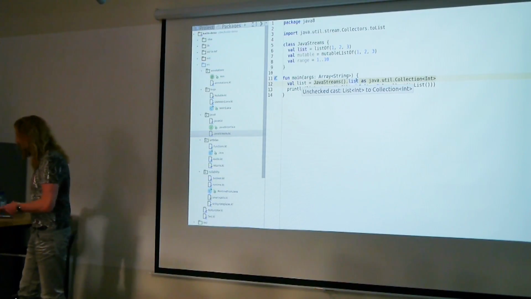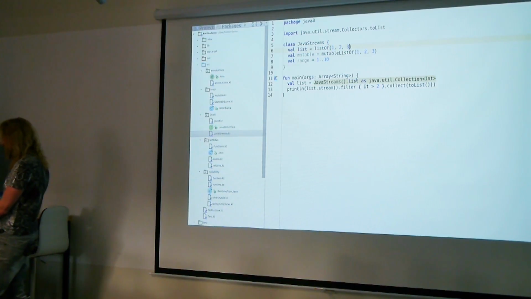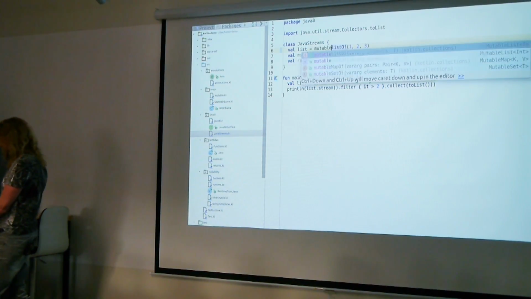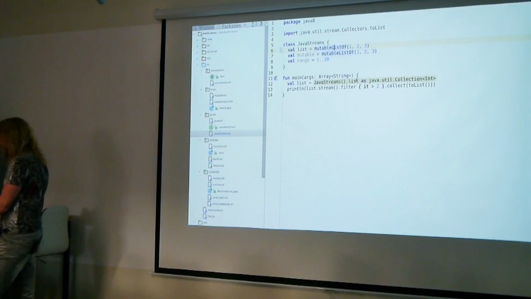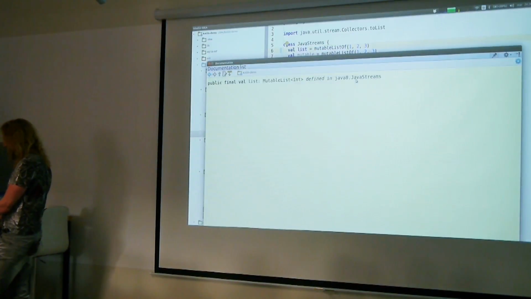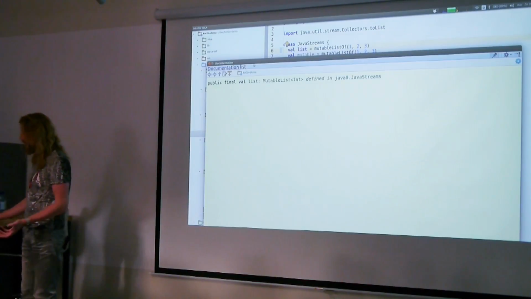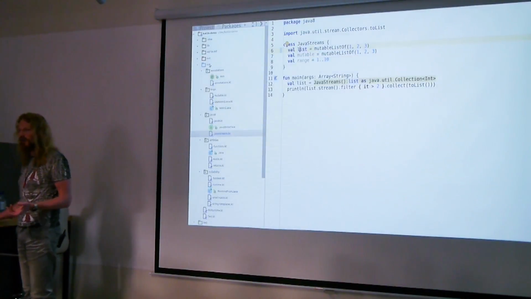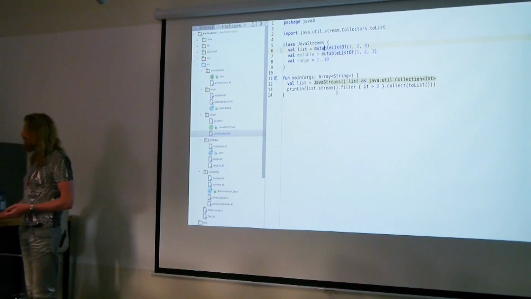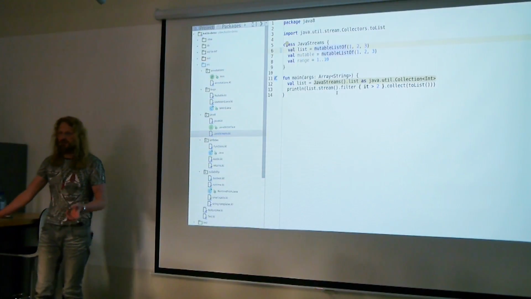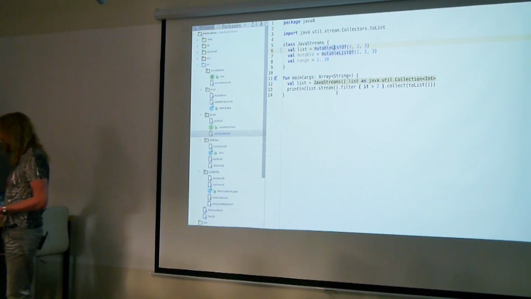And there is another list: if I write mutable list here, then I get a Kotlin mutable list. This one is also a Java util list at runtime, but at compile time, the compiler will allow all the mutation methods.